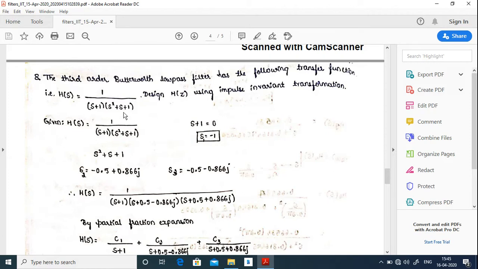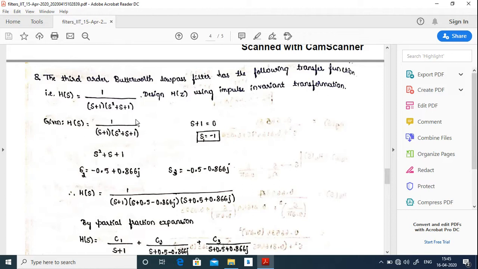In some cases, you will be given the values of kp, ks, omega p, omega s. If you solve for that, there is a chance that you may get order n = 3. So in certain problems they'll give us kp, ks, omega p, omega s. Solve for it. If you get order n = 3, you'll get this as an expression. Suppose the value of omega p is equal to 1 radian per second, no need to apply transformation. If the value is not 1 radian per second, then apply a suitable transformation on this.